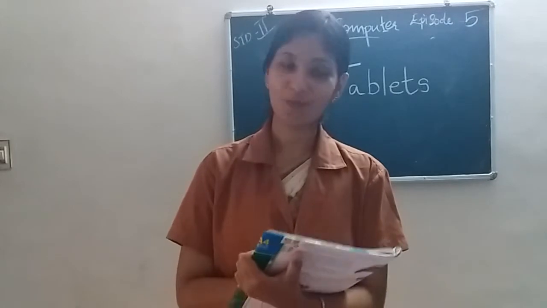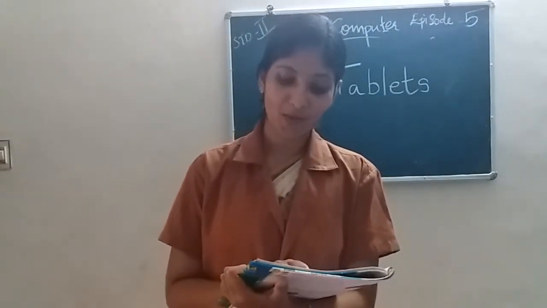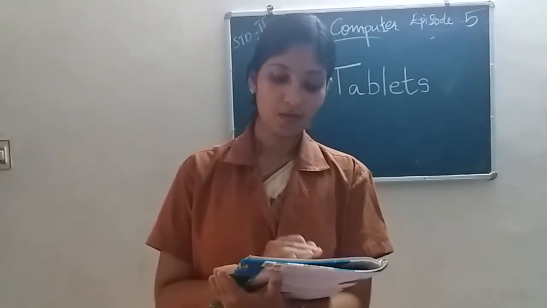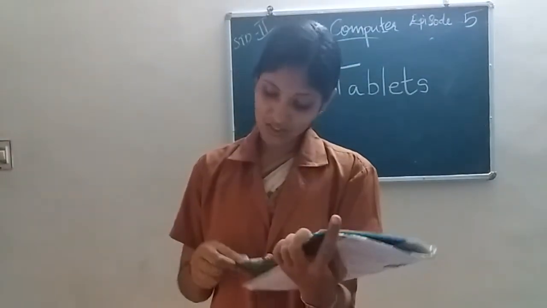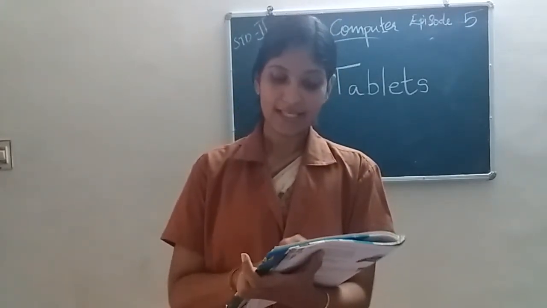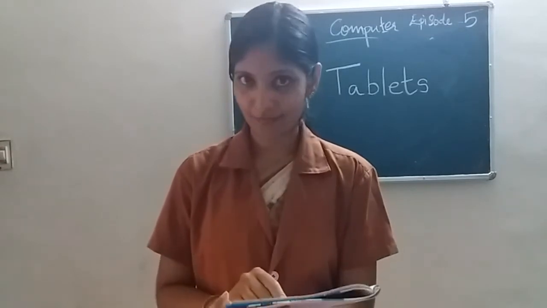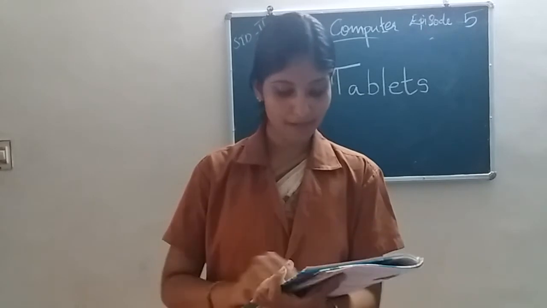Then let's do some worksheet. This is worksheet 1. Find the hidden names for the parts and draw lines to join them with their pictures. Names can be found vertically and horizontally. So can you see this picture? Look at the picture on page number 17. So there are some hidden names for the parts of a computer. So you have to identify which are the parts which are hidden in this puzzle.